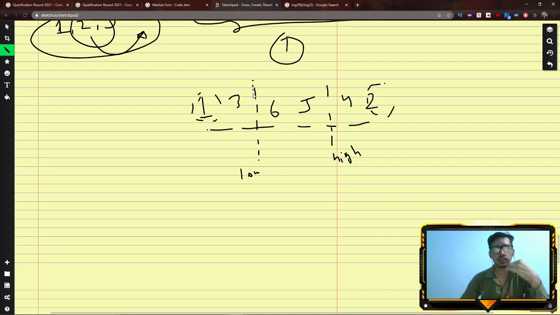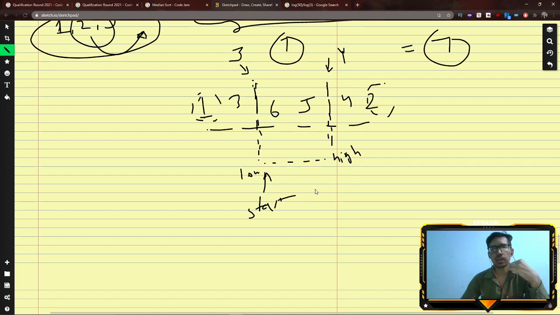So I ask low or high. I get the elements at this position and at this position. Let's say the element at this position was 4 and the element at this position was 3. So I ask about the median of 3, 7 and 4. If the judge says the median is 7, then I know that 7 lies between these two points. So I mark this as the starting point, mark this as the ending point, and again start